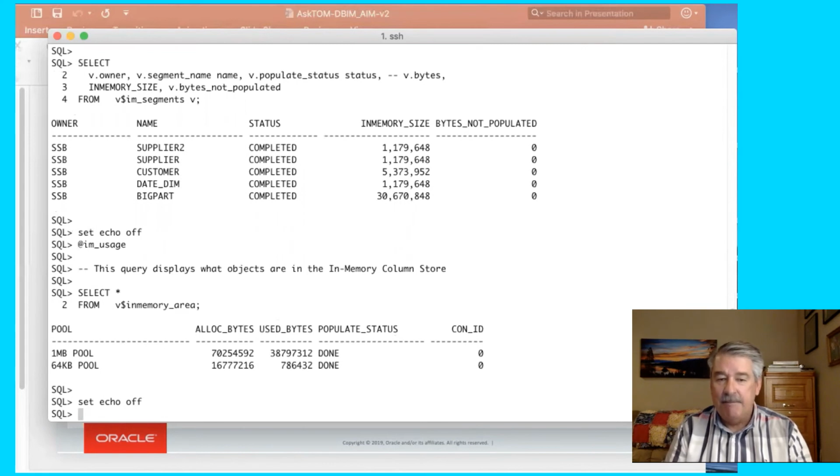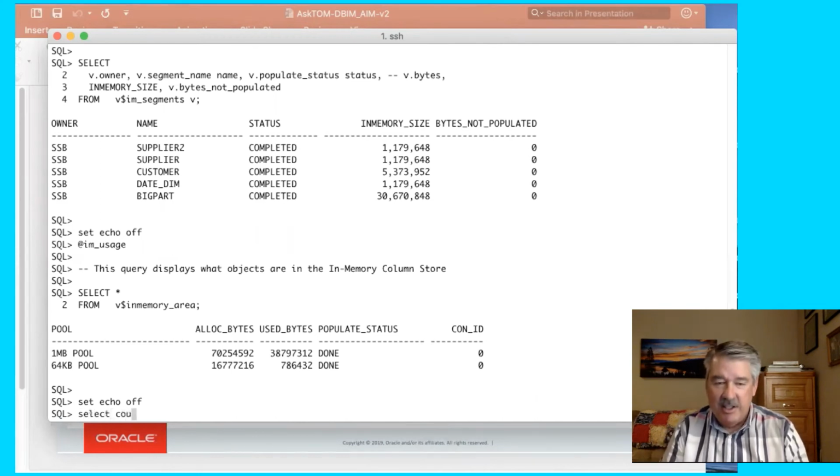is roughly 70 megs, and I've allocated about 38, 40 of those. And of course, we have our metadata pool as well. So that's the state we're currently sitting in. Now we'll cross our fingers, and all the rest of this will go right. What I'm going to do is